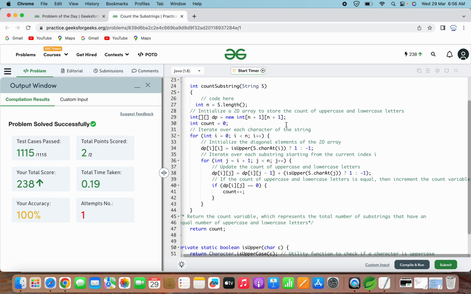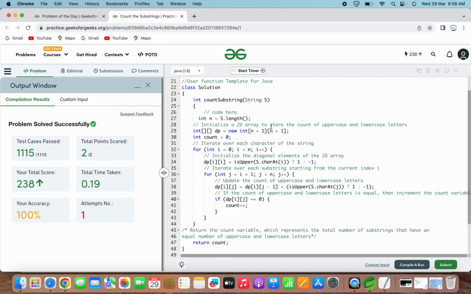It will first initialize the DP array. First we are creating this DP array of the size n plus 1, n plus 1. Then when the algorithm starts over this array, we initialize the diagonal element of DP with